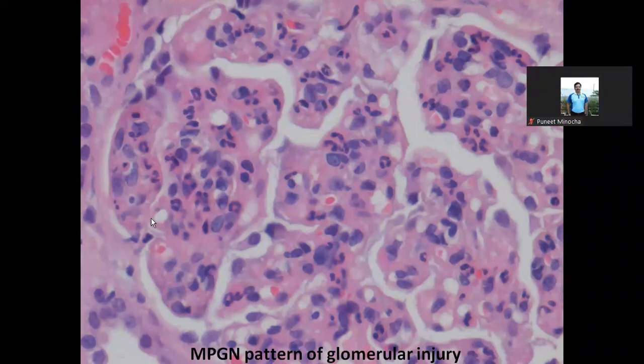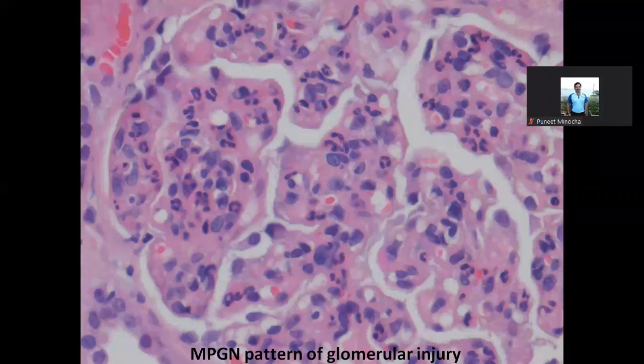In addition to that, there are some capillaries which are showing clearing of the membrane. So that means there is a duplication. So you are finding duplication, you are finding endocapillary proliferation with presence of either neutrophils or lymphocytes. Okay. So presence of duplication, presence of endocapillary proliferation, and mesangial expansion. Mesangial expansion is best highlighted by PAS stain. This is the H&E stain, but even here, this is a mesangium, and you can see 1, 2, 3, and 4 nuclei here. So that means it is a membranoproliferative, or sometimes you also label it as a mesangiocapillary